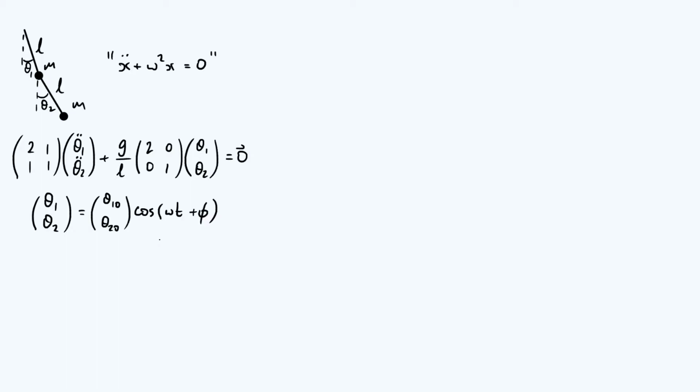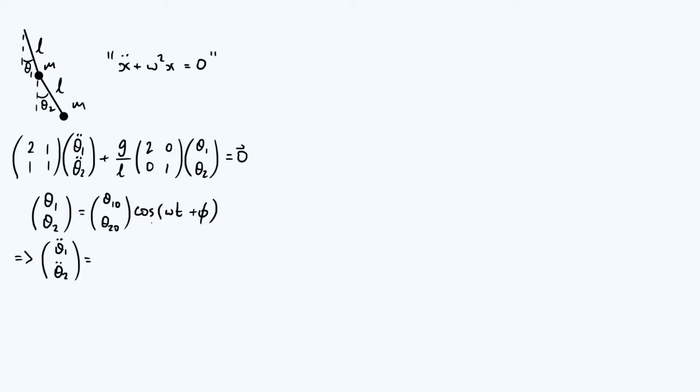Okay, so what we can do is just substitute this trial solution into the equations of motion and see what happens, right? First thing to notice is that if you take the time derivative twice of our trial solution, you find that θ1 double dot and θ2 double dot is going to be, well, when you differentiate the cosine term, right, the first time you differentiate it, you get a factor of minus omega, right, from the chain rule, and